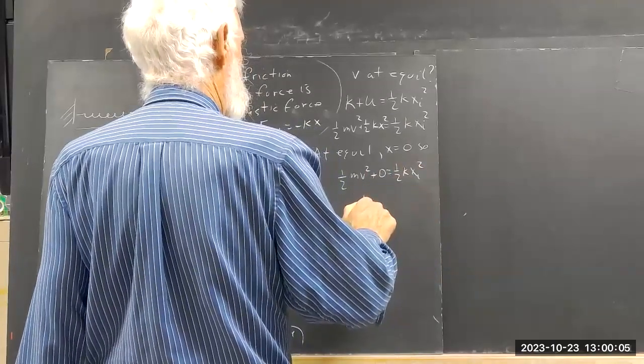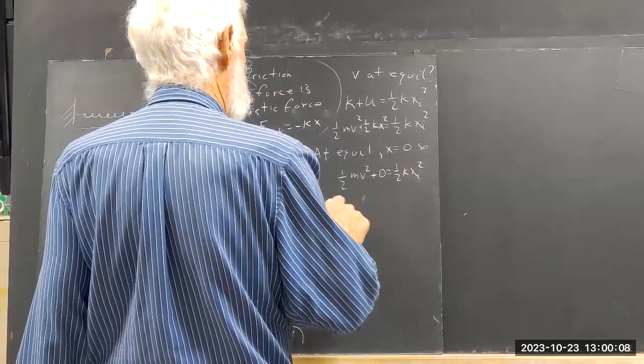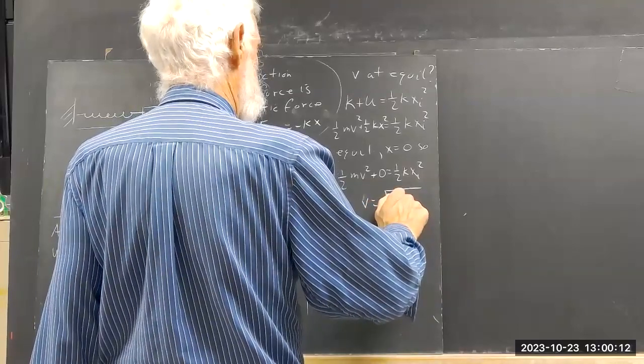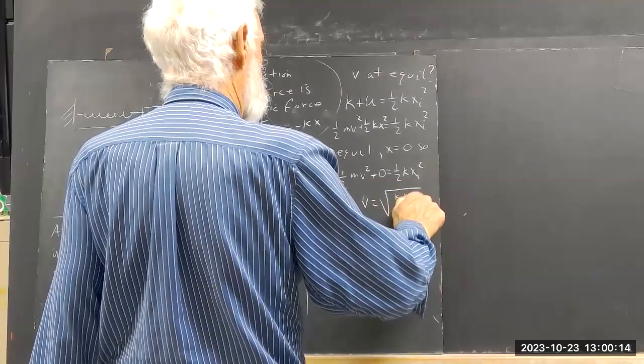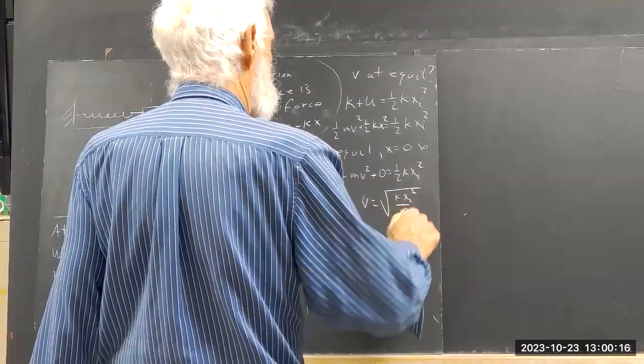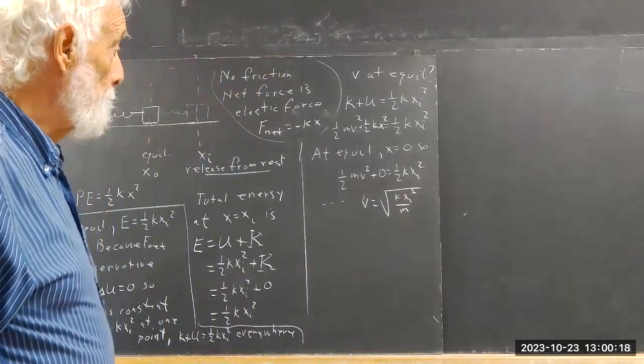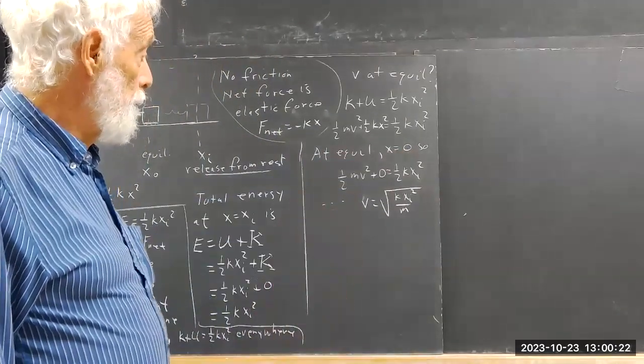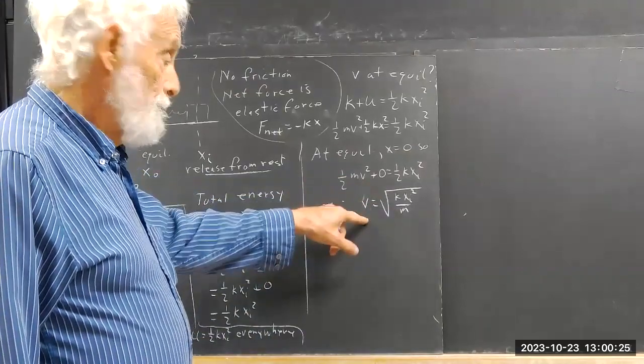So that p is the square root of kxi squared over m. You know, multiply through by 2, the 1/2 goes away, divide by m,